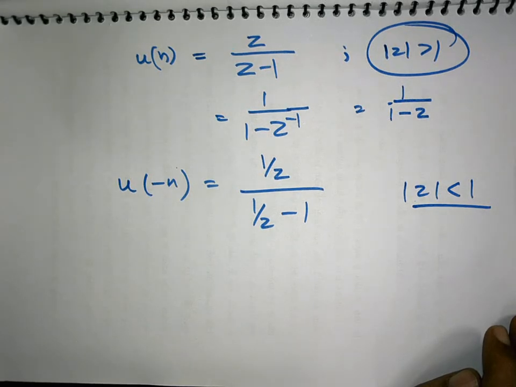In the next lecture I will cover some of the remaining properties, like differentiation in z domain, and what will be the z transform of the convolution of two signals: if two signals are convolved in the time domain and we are willing to get the z transform of the convolved version of the signal. Then the z transform of two correlated signals, then the z transform of multiplication of two sequences, and Parseval's theorem. These are the things that I will cover in the next lecture, and the initial value theorem also.